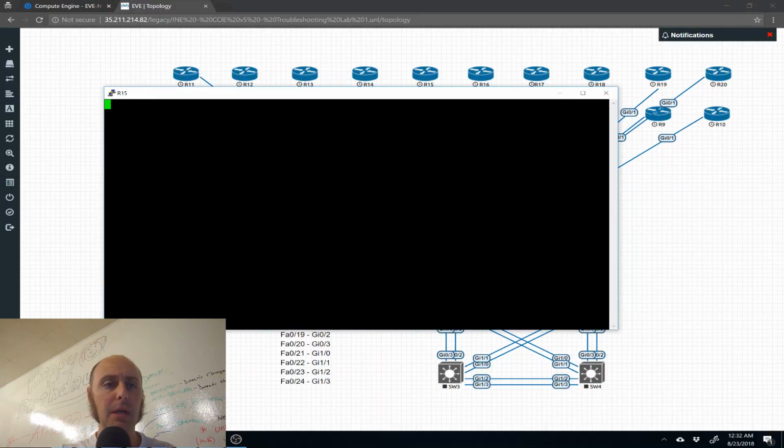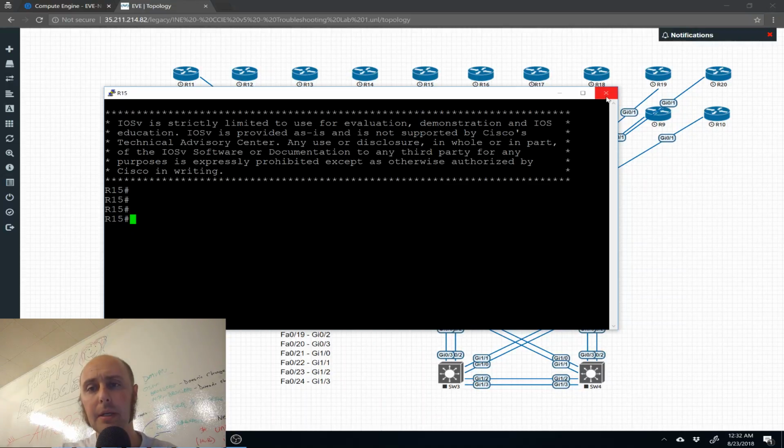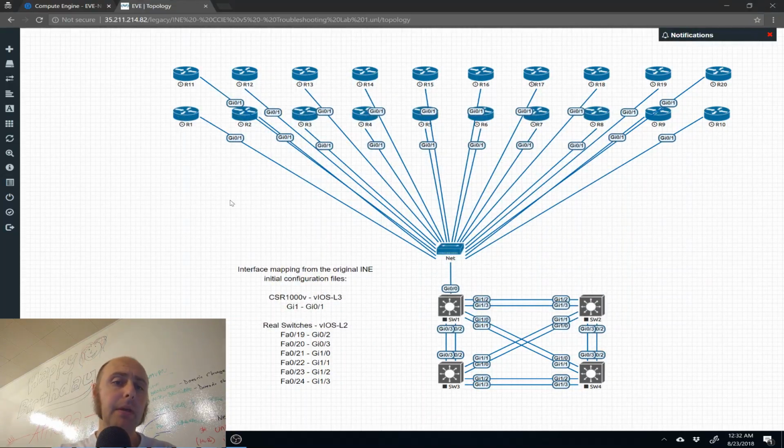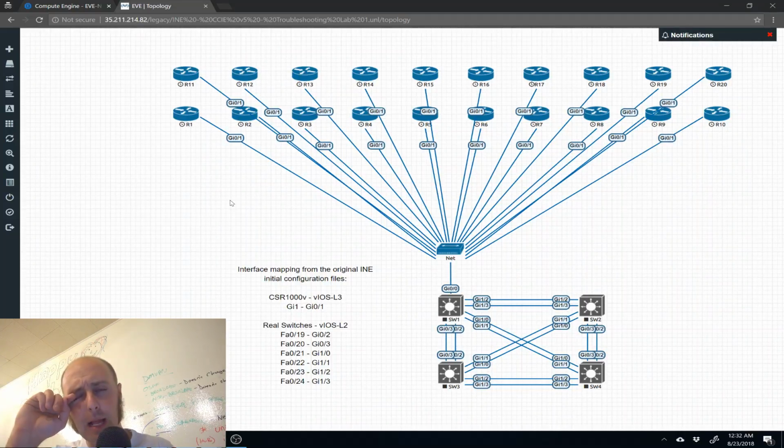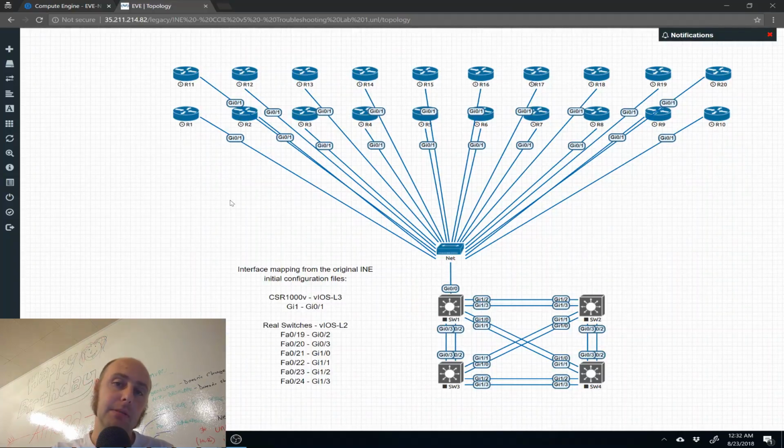Again, I haven't been through the topology, so I don't know yet. I'm thinking that if I'm going to be running at this high utilization for many more labs, it might be worth the effort to convert them over to the IOL image format, which changes the interface names. And I didn't want to do that because